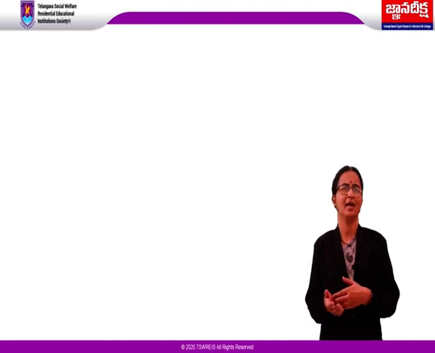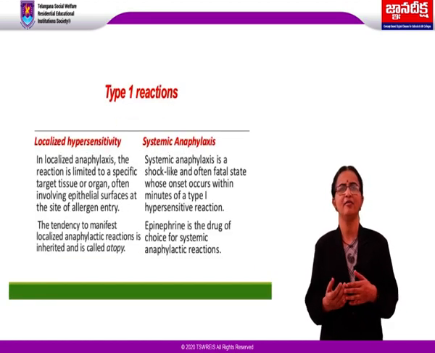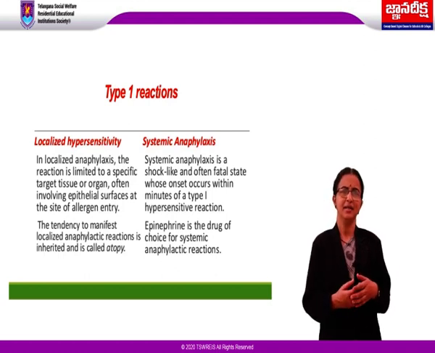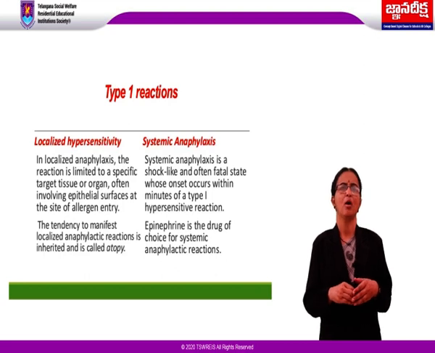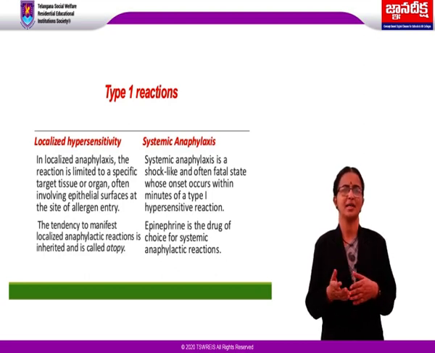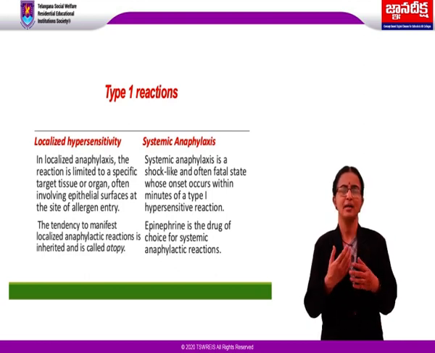The clinical manifestations of this anaphylaxis are of two types, systemic and localized. Systemic anaphylaxis is a shock-like and often fatal state. It is initiated by entry of allergen directly into the bloodstream or absorbed from the gut or skin. The symptoms are labored breathing, meaning difficulty in breathing, drop in blood pressure, smooth muscle contraction, constriction of bronchioles and